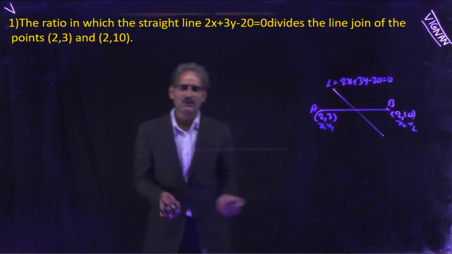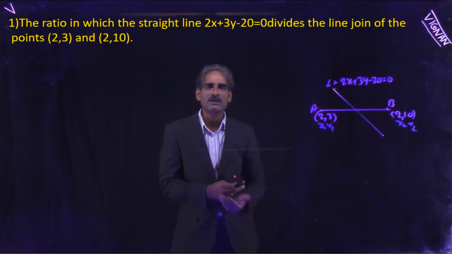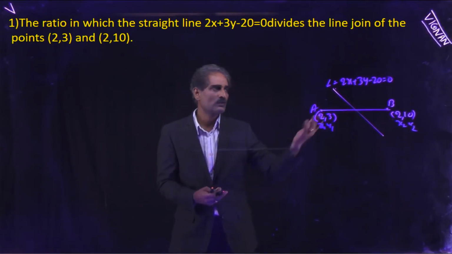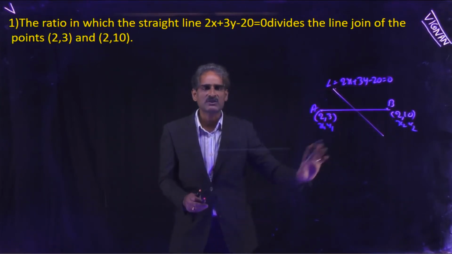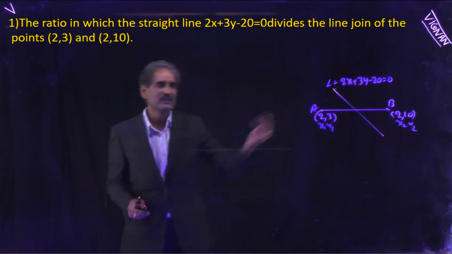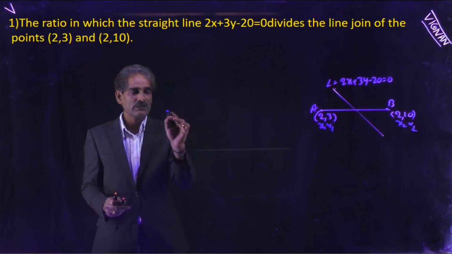What is the formula? Minus L11 by L22. Otherwise, minus LA by LB, minus L1 by L22. We have to find out the ratio. The given equation is this one. The given points are this and this. Just write down the data. After that, find out minus L1 by L2 for the ratio. The required ratio is